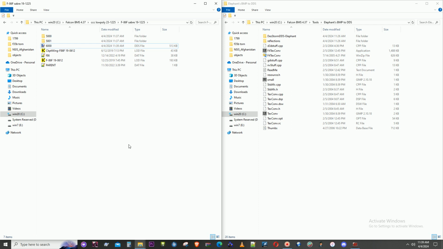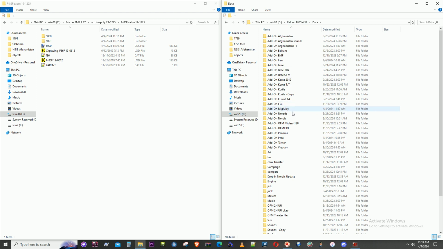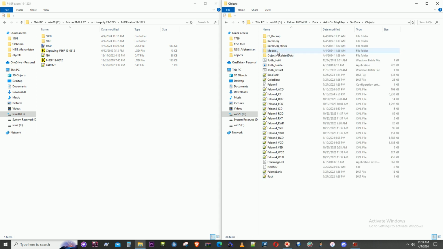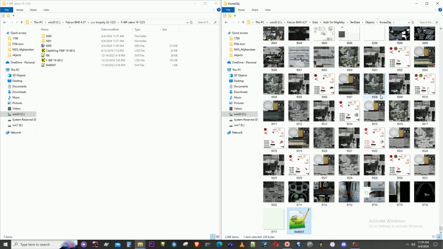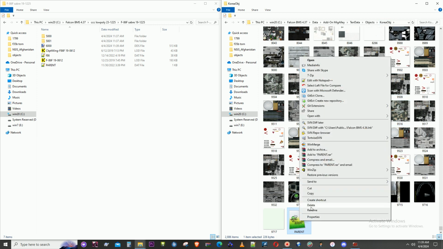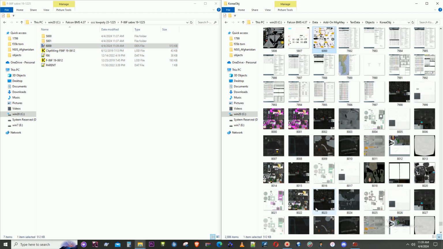I can delete the BMP now and I go back to create objects folder, and I just paste it in. Oops, I didn't mean to paste the parent in. Paste the DDS in, and it's 6,000. So we've got the skin in,